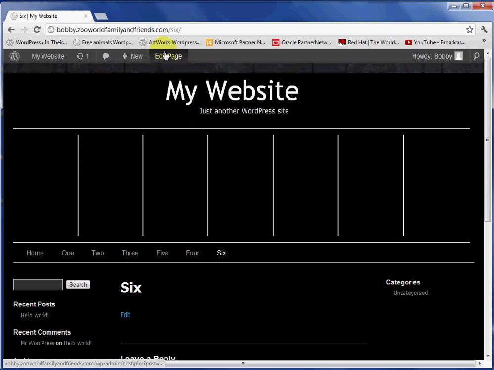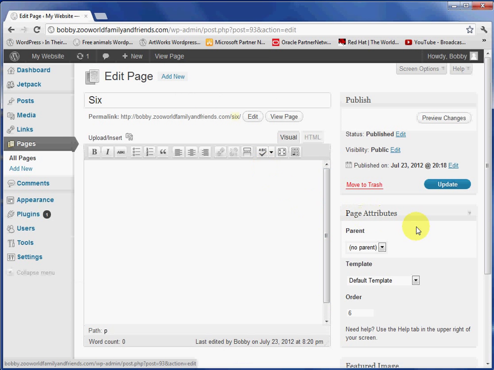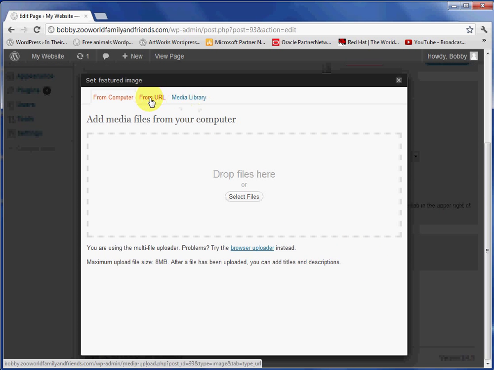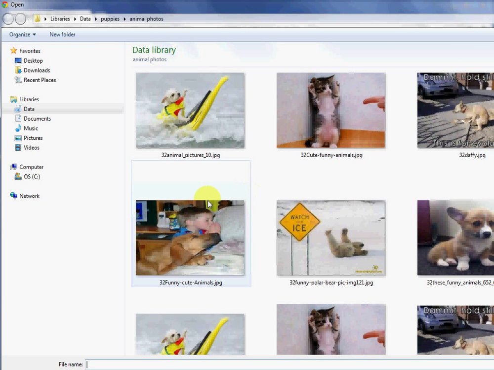So we're going to click edit page. And once we click edit page, this is how you get your photo to show. You select set featured image. You set the featured image, and I want to get it from my hard drive, and here's one. What I've done is I've created,